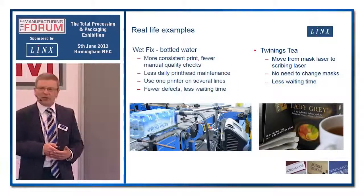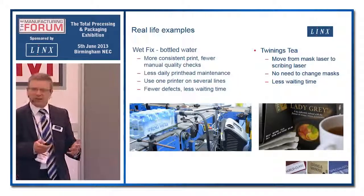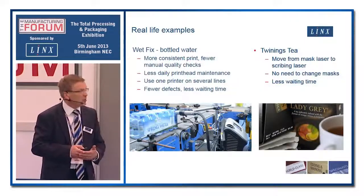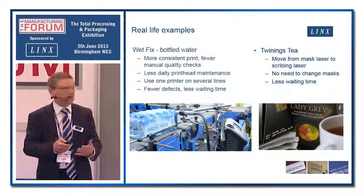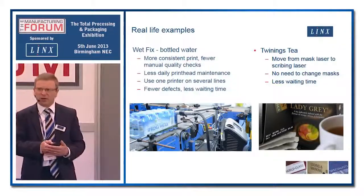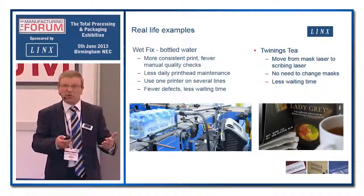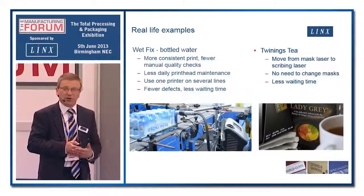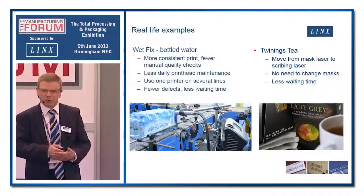So here's a supplier of bottled water. They've changed their coding equipment recently. They were using older coding equipment which had the problem of not being very accurate, so they were having to keep an eye on the coding every hour, basically manual checks to make sure that the codes were reliable and were there. So by changing their coding equipment, quite simply, they've got a more reliable code now on their product, and they've been able to cut out some of that extra process, those extra manual checks